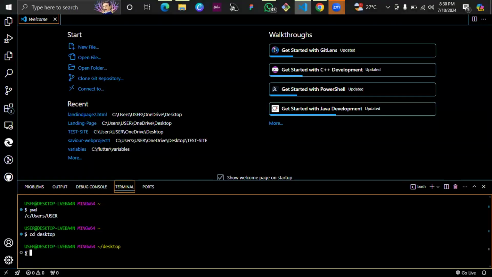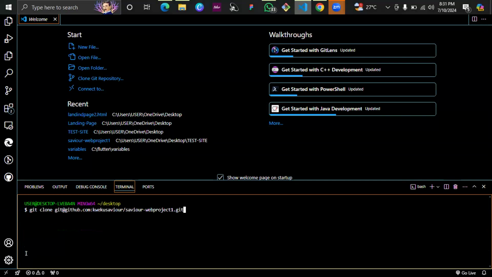Git clone. Git space clone, space, paste what you just copied. Sorry, can you clear this so we'll get to see what he's doing? Just leave it as it is now. Then Control L, as you have it on your screen, on your terminal. Control L, yeah. So Divine, can you see it like that? Is it better, Divine? It's fine. Thank you. All right, so press enter. Enter. Yes, sir.